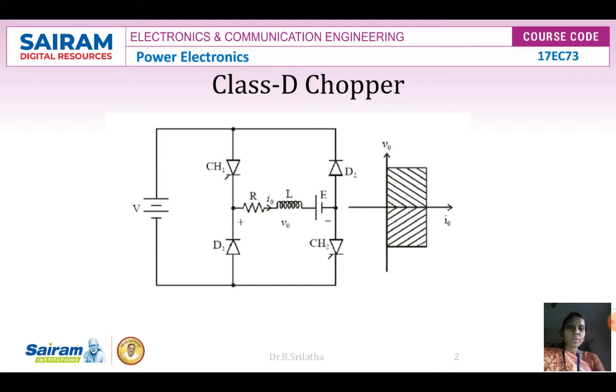Here the output current is the same, that is positive. Output voltage only one time is positive and the other time it is negative. So here also we are using two choppers. You can see the difference: the choppers are connected opposite. This is chopper 1 and this is chopper 2. Two choppers we used and two diodes D1 and D2, and a voltage source we connected across the RL load E.